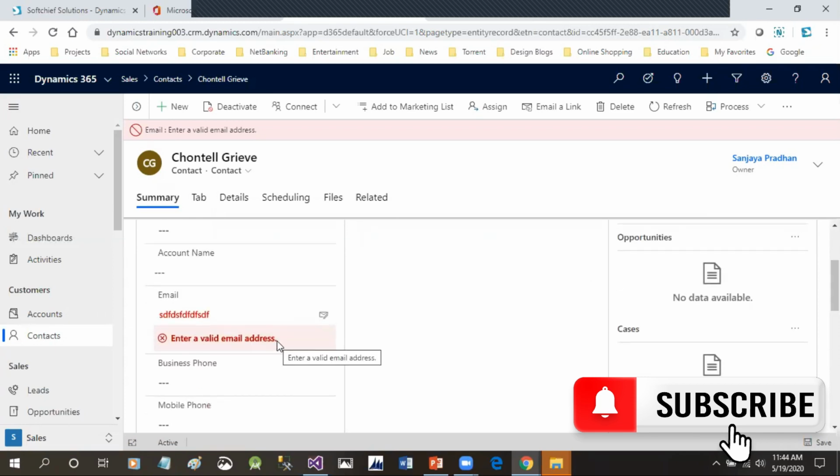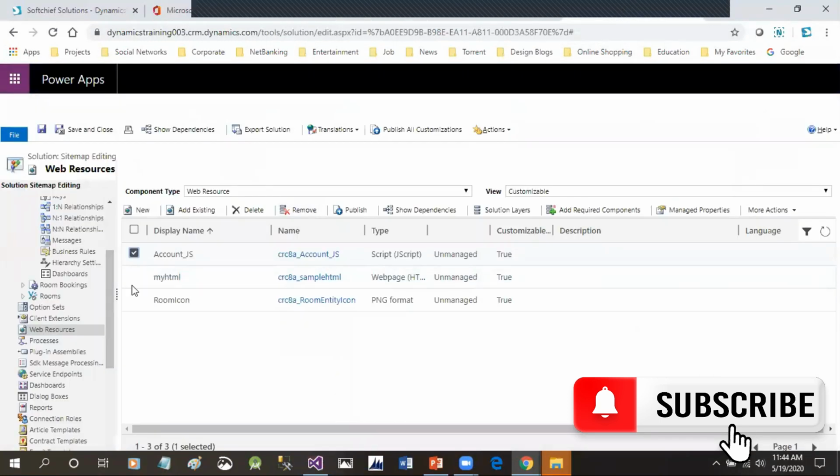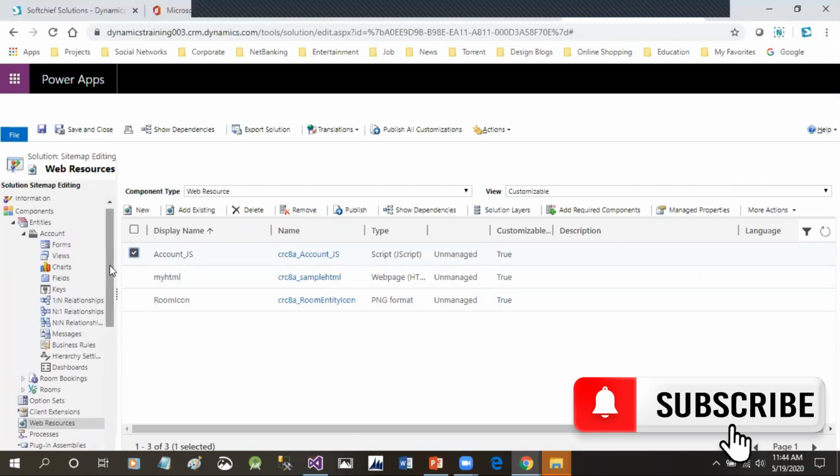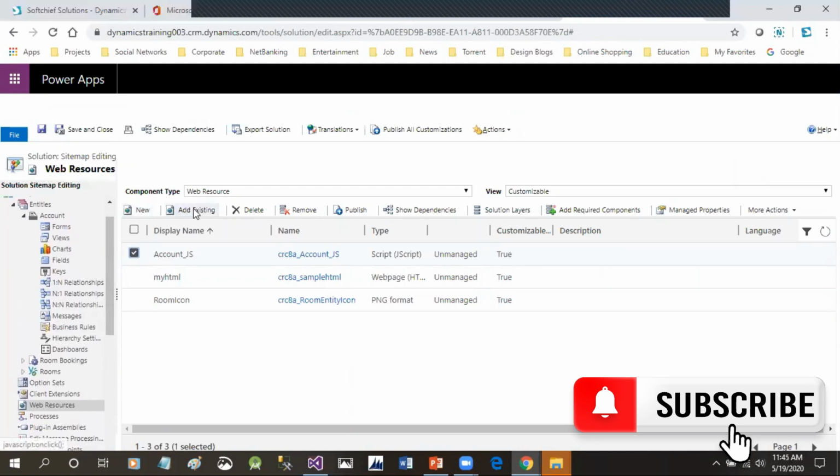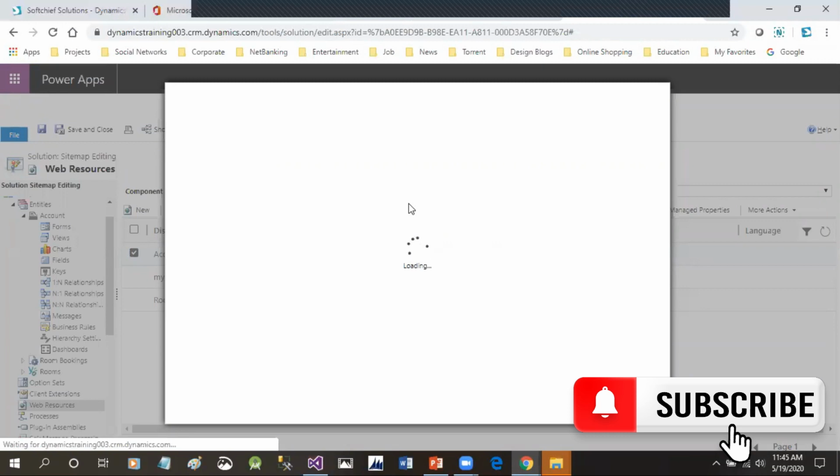Can you tell me where this enter a valid email address is coming from? Who validates this? I have not written any method to validate this. This field is validated automatically by the data type. Let me check for you how this automatic validation happens. Let me go here and add the existing entity called contact. Dynamics 365 provides different types of data types and formats by which we can validate at design time, so that no script is required to be associated further.